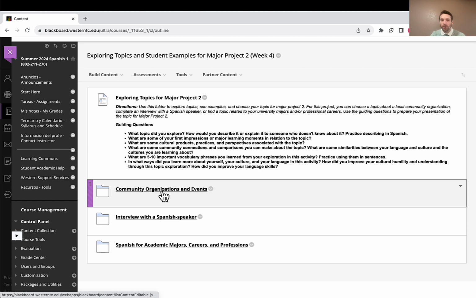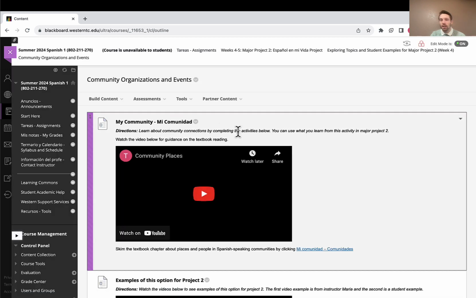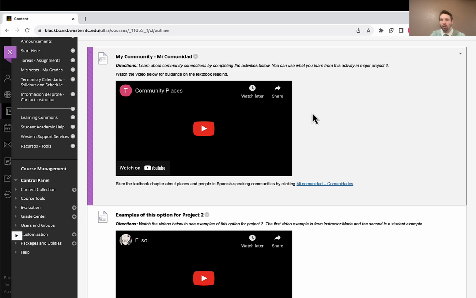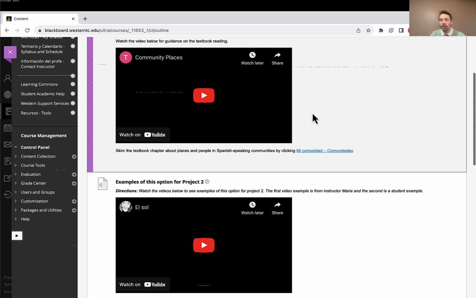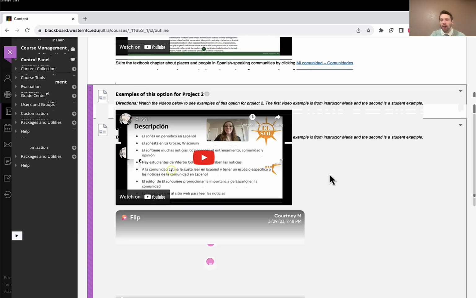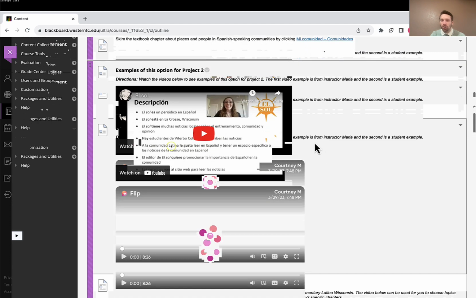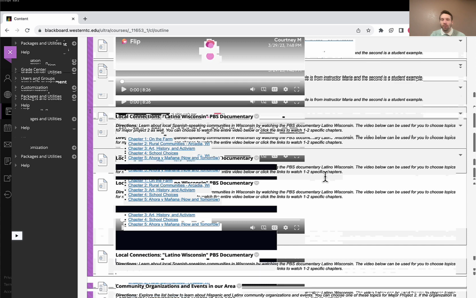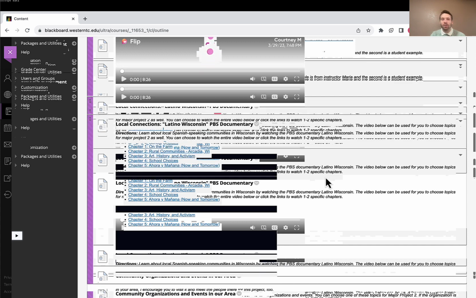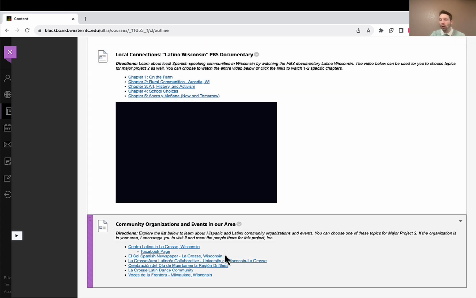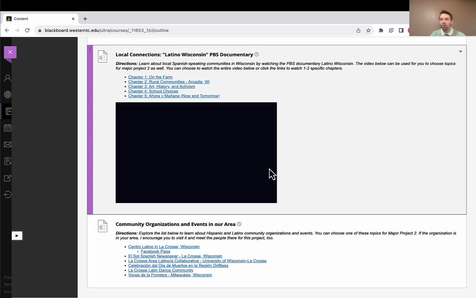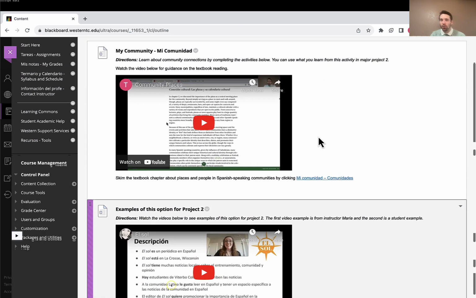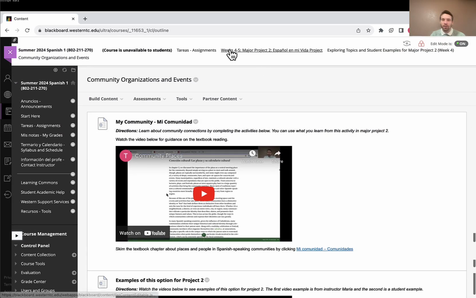Within these different folders, you can see some videos that help prep you for this option for the activity, as well as examples of this project from instructors and classmates, and resources for different local connections and community organizations. So you could choose any of these different options for this project.